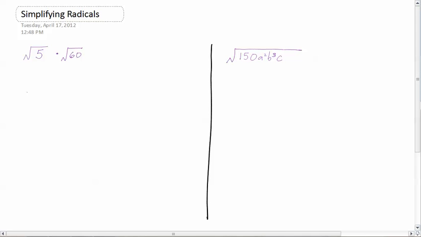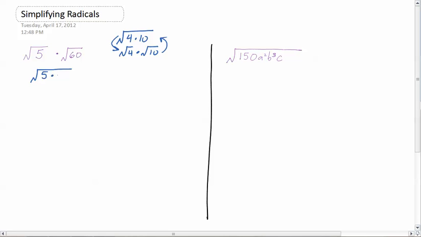Now, we talked about, at least in my class, that we could take the square root of something, say 4 times 10, and we could split that up into the square root of 4 times the square root of 10. Well, if I can do it that way, why shouldn't I be able to go backwards? That's the whole thing about math, if you can do it one way, you can do it the opposite way and go back. And so what we're going to do, because I can't take the square root of 5, and I can't take the square root of 60, is we're going to rewrite this as the square root of